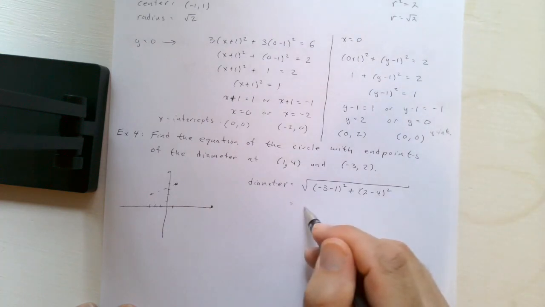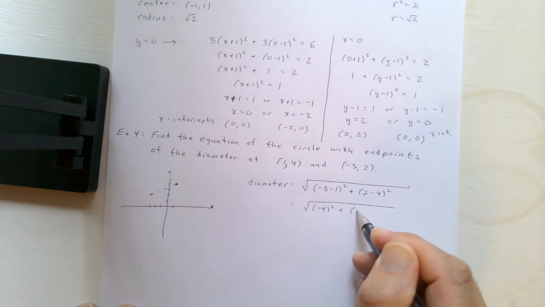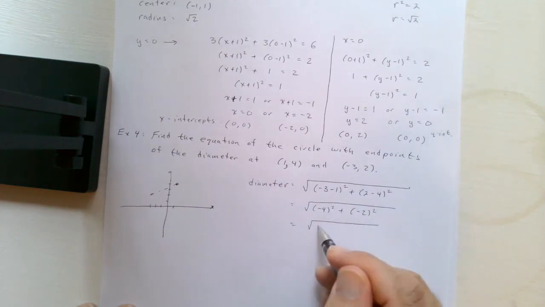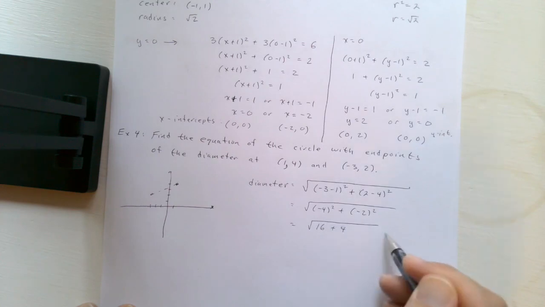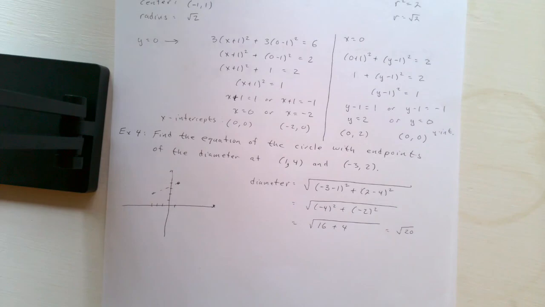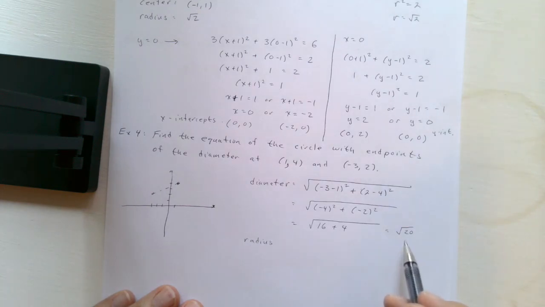Okay, so this is going to be negative 4 squared plus negative 2 squared. So this will be 16 plus 4, so this will be the square root of 20. Okay, that's the diameter. So the radius is going to be, oops,